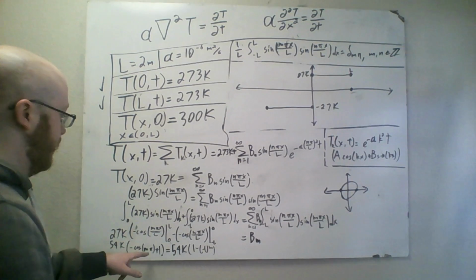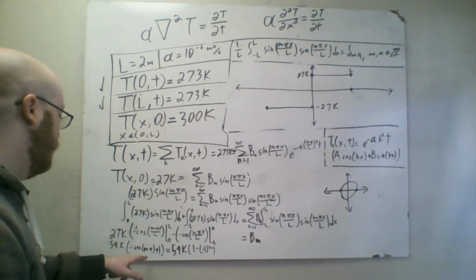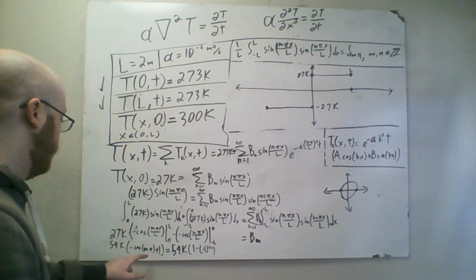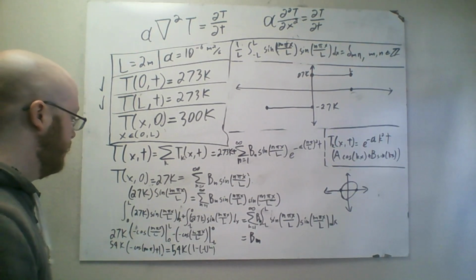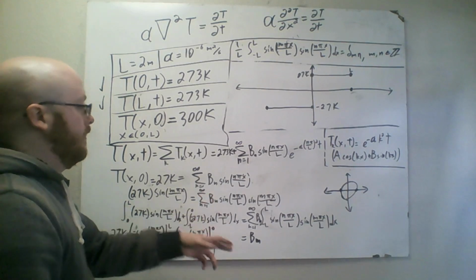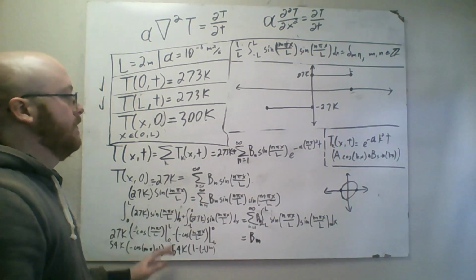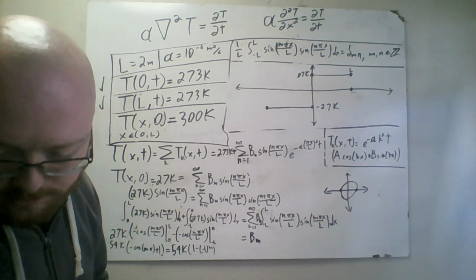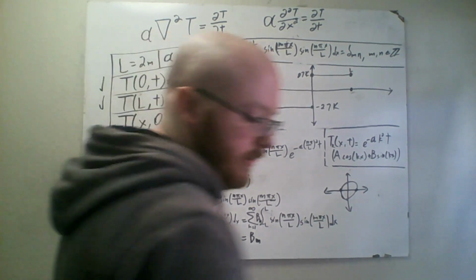Just checking here. So I plug in 0. I should get 0 for this whole thing. Plug in 0. Yes. Anyway, so now our BM, and we can substitute n for m. So our full solution to this differential equation is